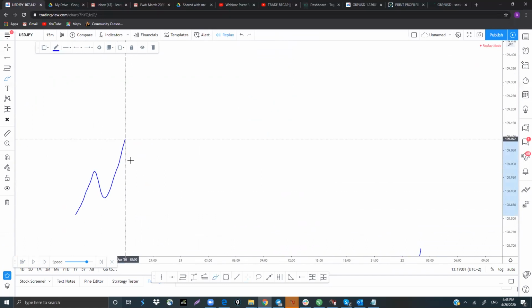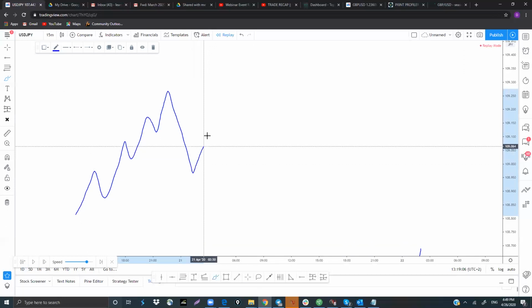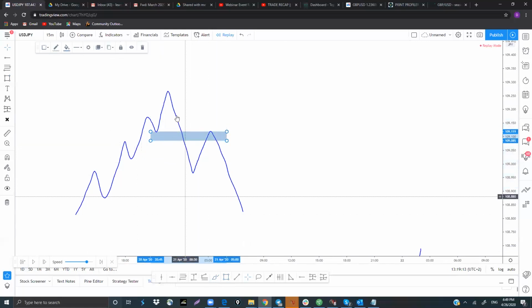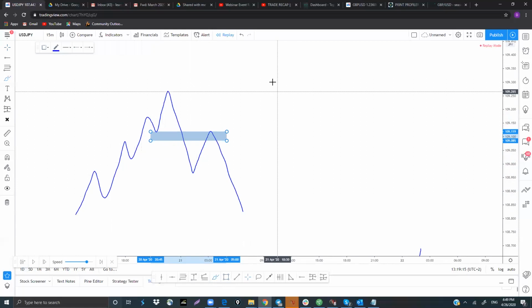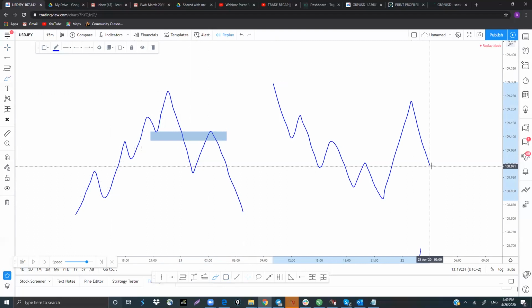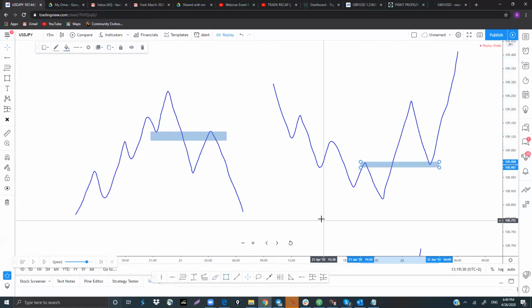Price was going up, going up, going up on the lower time frame. Always remember, break the structure, come here, boom. This is your bearish breaker. This is your bullish breaker. Boom. This is a bullish breaker, this is a bearish breaker. So try to use these lower time frame structure breakers, which will give you very good